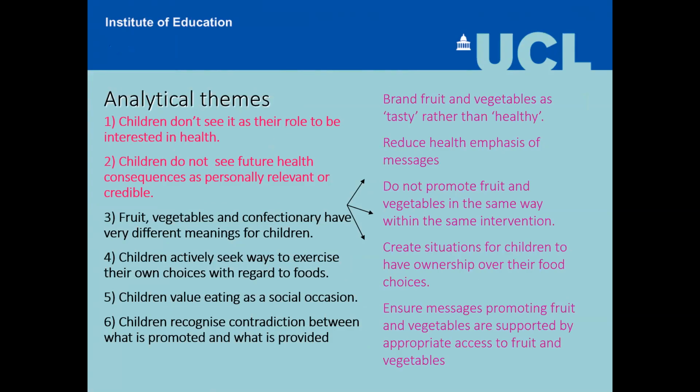One of the things indicated in what children were saying is that they don't really see it as their role to be interested in health. That's something for adults to consider, and it's not their problem. Their problem is to eat the kind of things that they like. We could also infer that children don't see future health consequences as personally relevant or credible. So, for example,